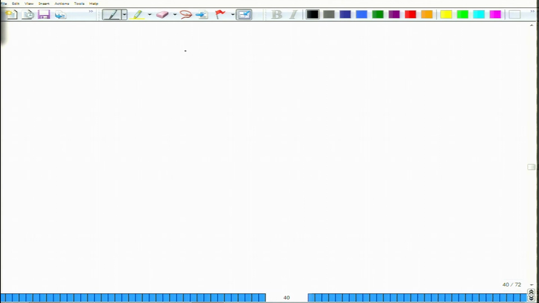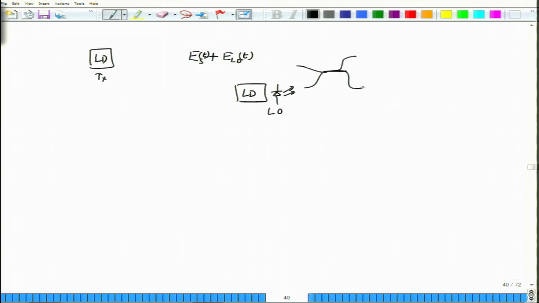Okay, consider for example what would happen when you have say some ES plus ELO. Now I have to apologize for using these symbols. They actually stand for electric fields, not the energies. So let's say I have two lasers. One laser is at the transmitter, so I have the transmit laser diode, and then at the receiver I have another laser diode which I will call the local oscillator. So I have a local oscillator, and what I do is I sum the two signals. I sum the two signals and then send each of those signals to a photodetector.